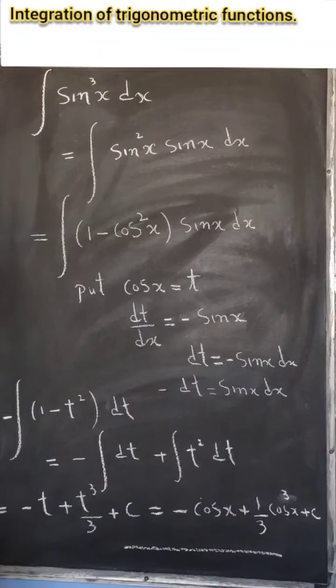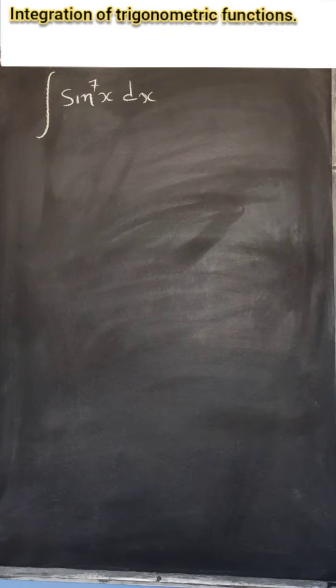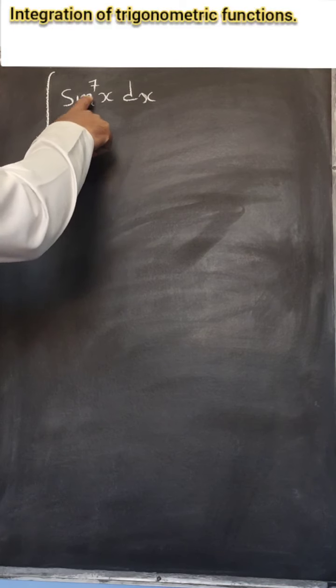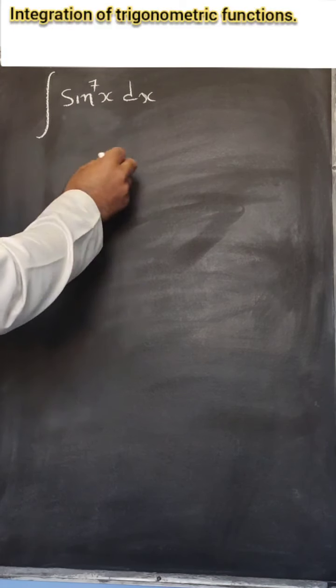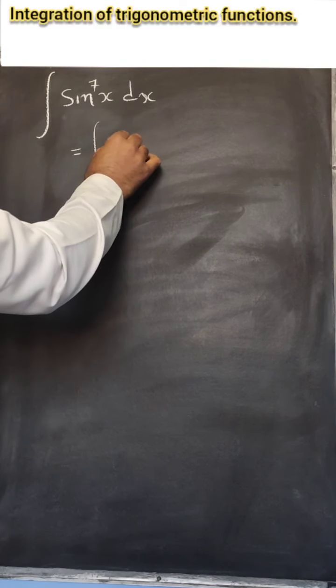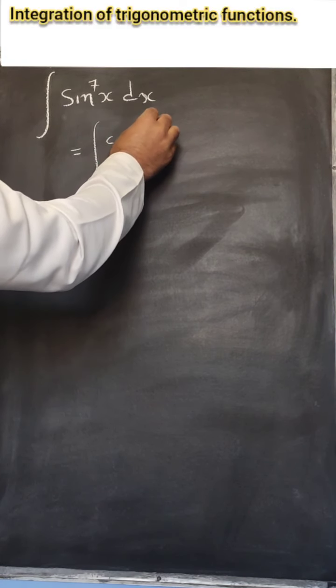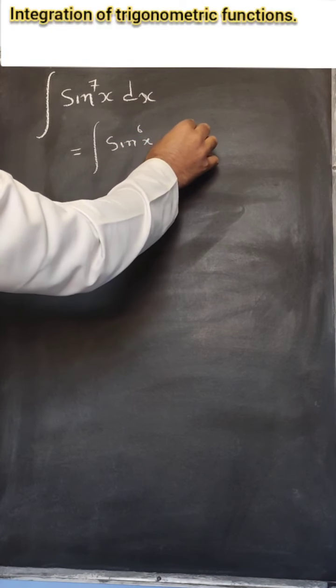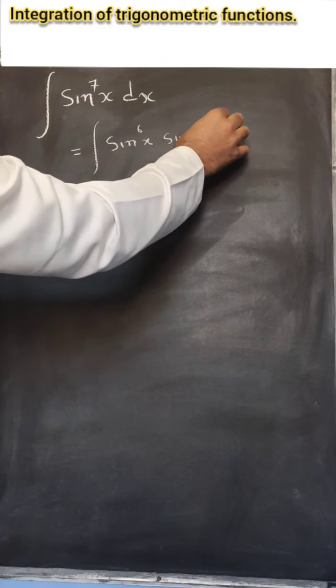That completes the question. Now let us evaluate one more integral using this technique. Here we have to find integration of sine raised to power 7x. So we can write it as integral sine raised to power 6x into sine x dx,